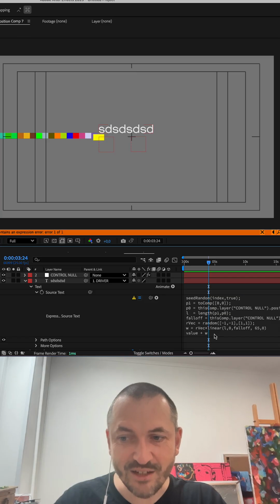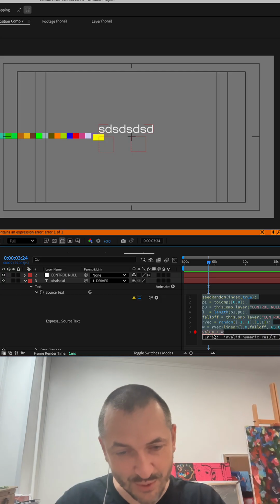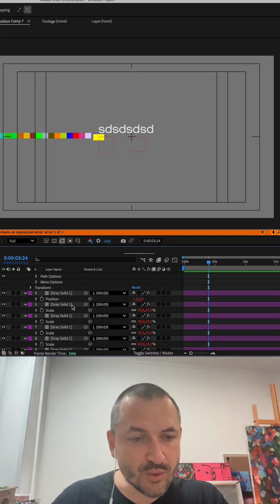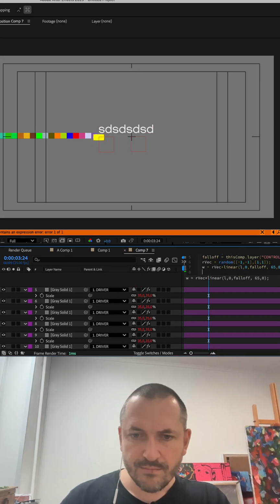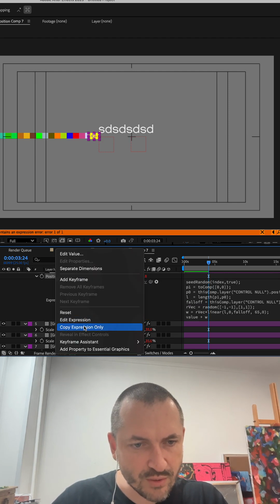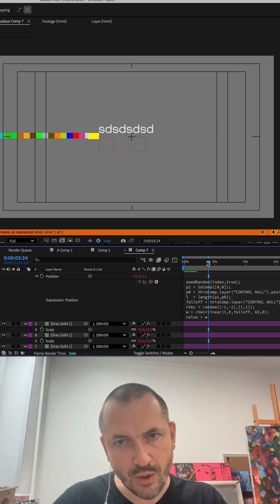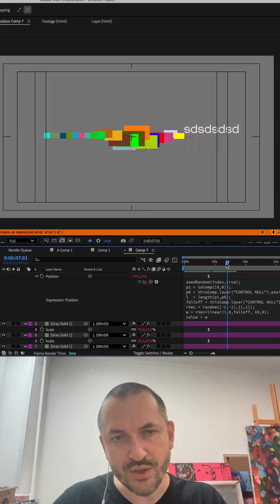But in a text layer, the original property is text, so After Effects says, what the heck do you want from me? Don't worry. Right, now copy expression only and paste to everyone. Wow, this is so great.